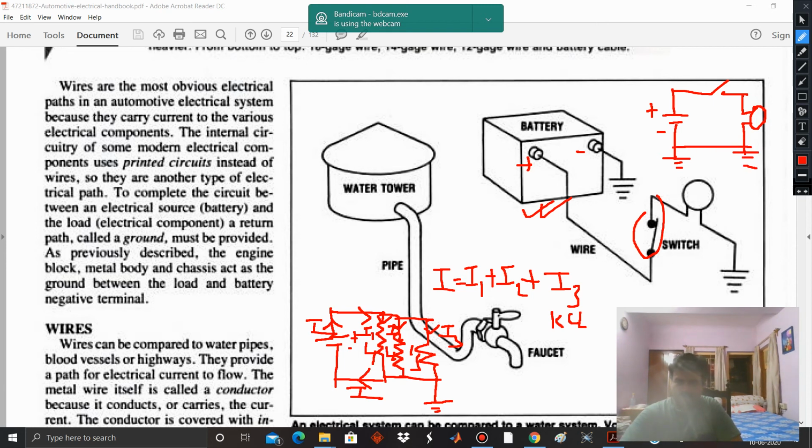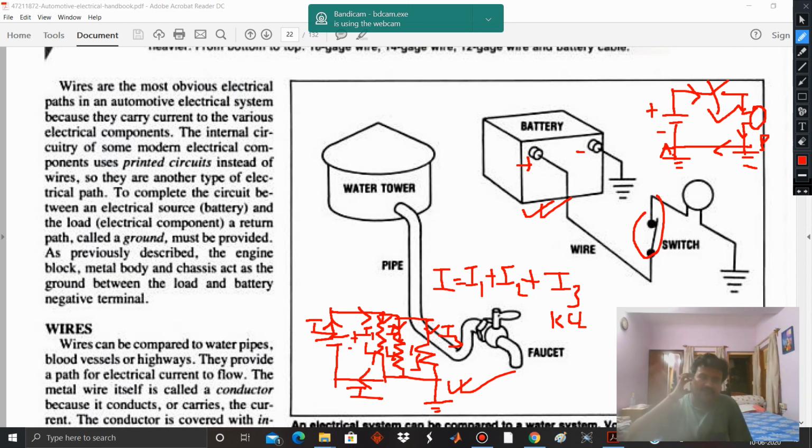As a whole I can join them; I can short these two because this is also ground, this is also grounded. Points A and B have ground potential, so they can be shorted, and it will look something like this. What will happen? Power will flow when the switch is closed, and this lamp will glow, and ground should be there. Ground is also, to some extent, for safety purposes, and it is a common reference. The ground has to be provided for safety purposes, and this ground is known as the electrical reference.